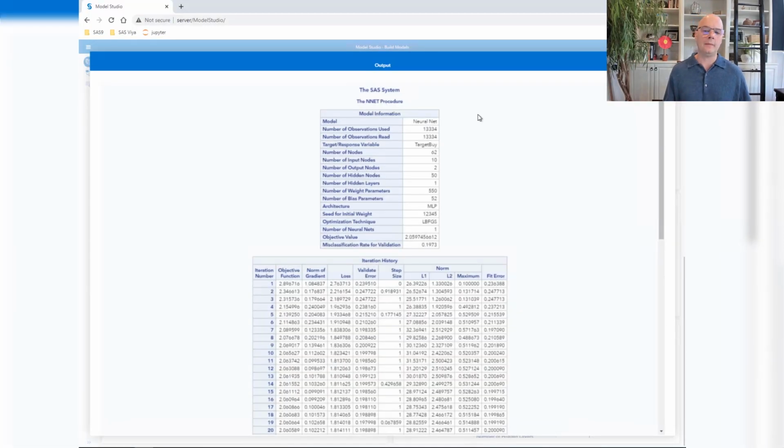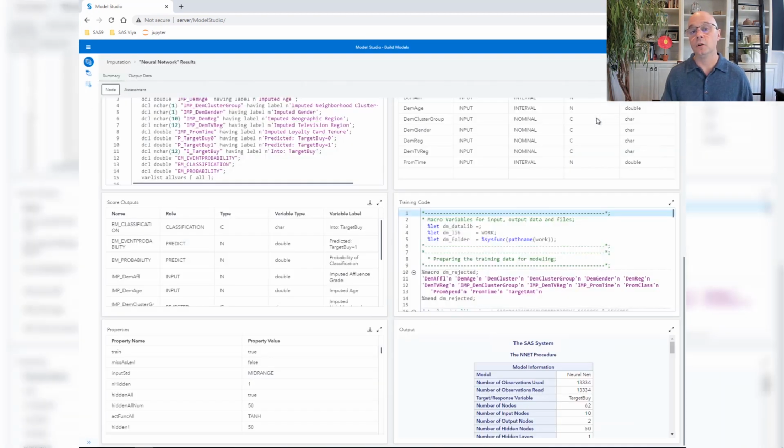And there at the top, now we see something that looks a lot better. Number of observations read, 13,000 and some change. Number of observations used, 13,000 and some change. So now that we have performed imputation, all records are complete, and therefore all of the observations are being used to build this model. I'll restore that table and close the results.